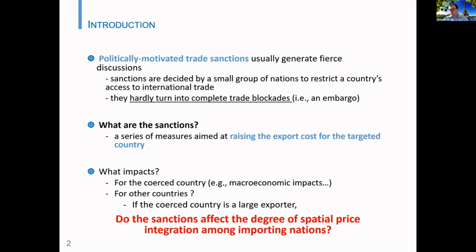And usually you have a lot of discussions about what these sanctions are, how they should be implemented, and the details of the administrative measures that are going to be taken by the countries who coerce a given country. But what is extremely interesting is that in the energy economics literature, sanctions are not so much discussed, which is to me a bit surprising, because when we talk about Iran, we are talking about a major oil exporting country.